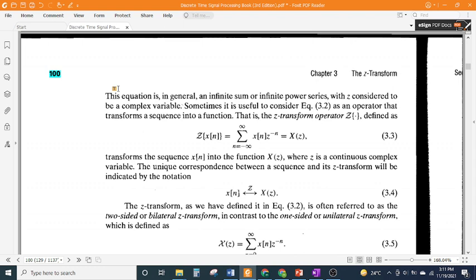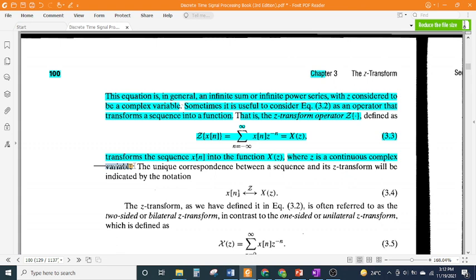Sometimes it is useful to consider Eq. 3.2 as an operator that transforms a sequence into a function. That is, the Z-transform operator Z{x[n]} = Σ_{n=-∞}^{∞} x[n] z^{-n} = X(z) (3.3) transforms the sequence x[n] into the function X(z), where z is a continuous complex variable. The unique correspondence between a sequence and its Z-transform will be indicated by the notation x[n] ↔ X(z). (3.4)